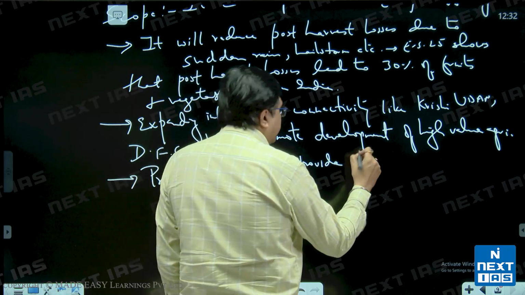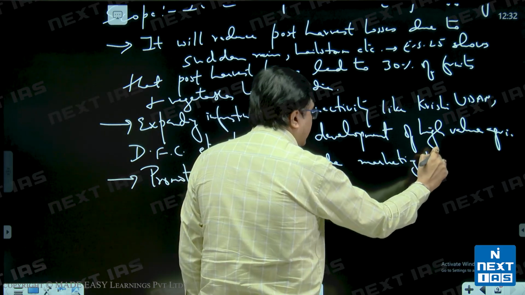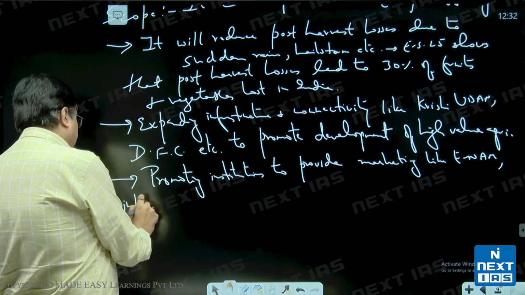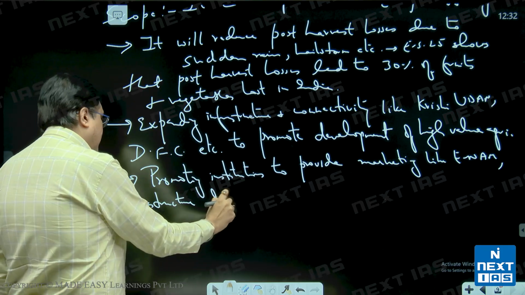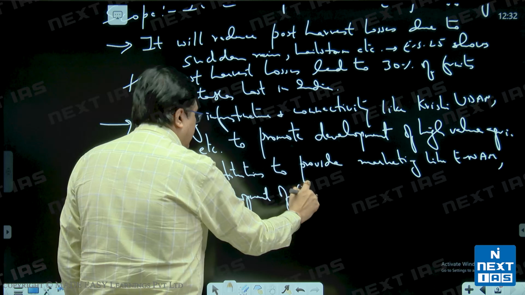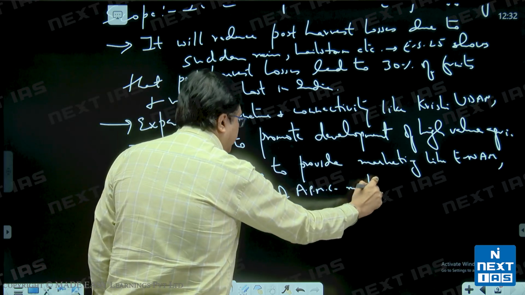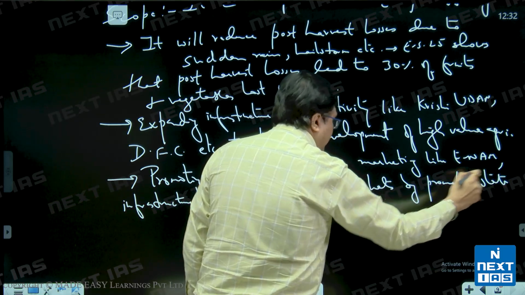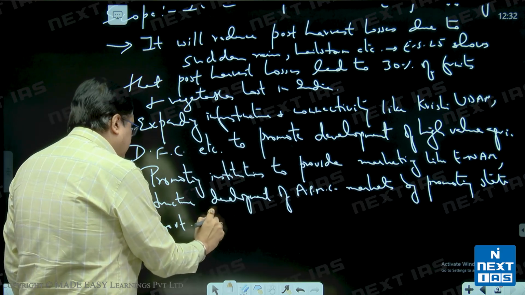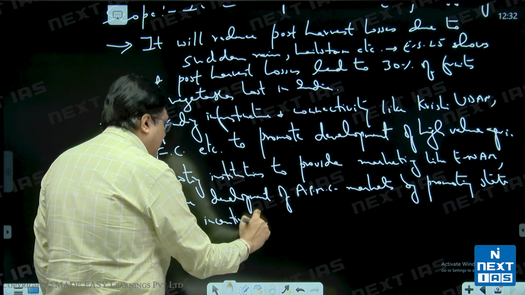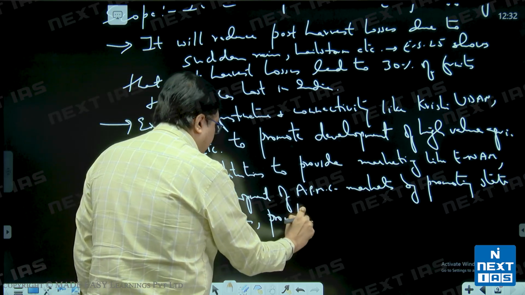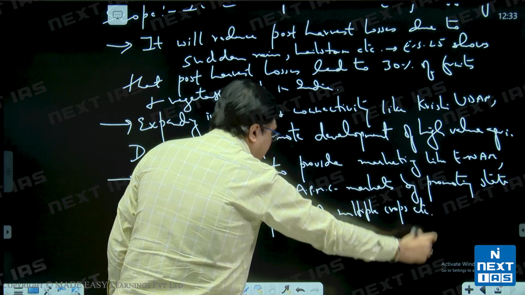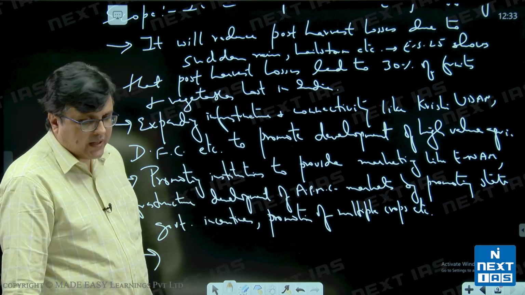So to provide marketing like eNAM, infrastructure development of APMC markets, by promoting state government incentives, promotion of multiple crops, etc. Then the next thing in scope you can bring